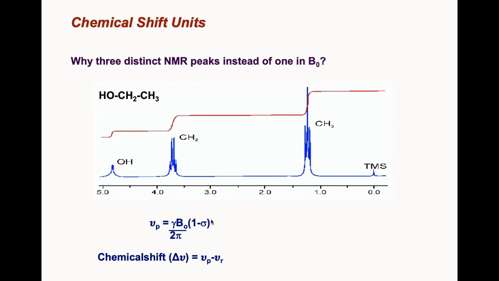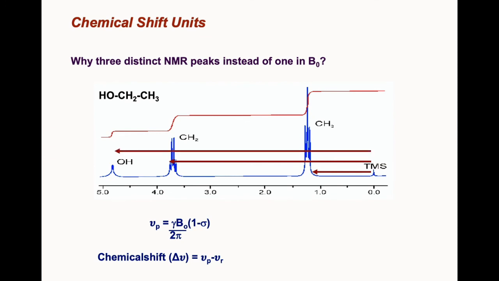If you have n number of protons with different shielding constants, accordingly you will observe n different resonating signals in the NMR spectrum. Therefore, it is not surprising that ethanol is giving 3 different NMR signals, because it has 3 different types of shielding constants. Measuring the chemical shift values is very straightforward. So this difference is the chemical shift value of methyl proton, and this difference is the chemical shift value of methylene, and this difference is the chemical shift value of OH proton.